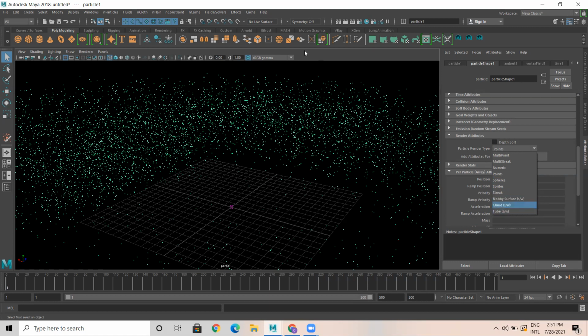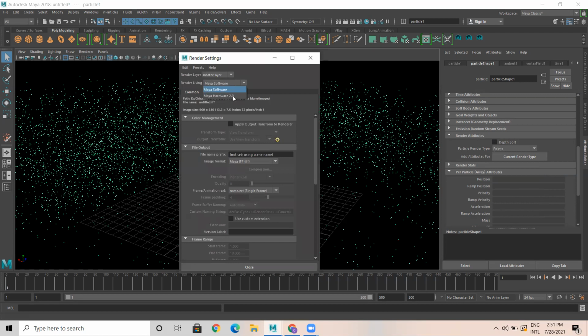These are software rendered particles. That means in the render settings, Maya Software is there, Maya Hardware is there, and if you turn on the plugin, you have Arnold, V-Ray, or whatever. Okay. So these 3 are software render particles. In software only they will render. And remaining, except numeric, we have 1, 2, 3, 4, 5, 6.